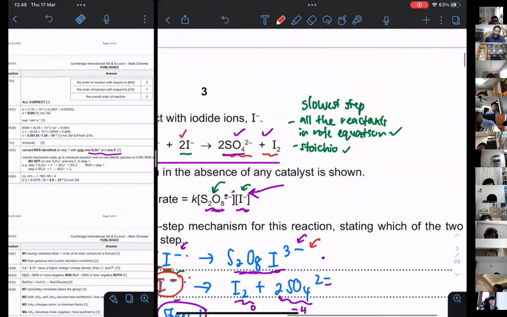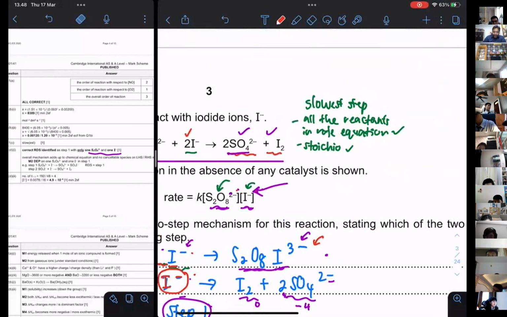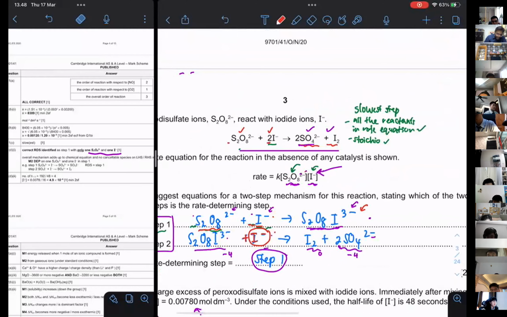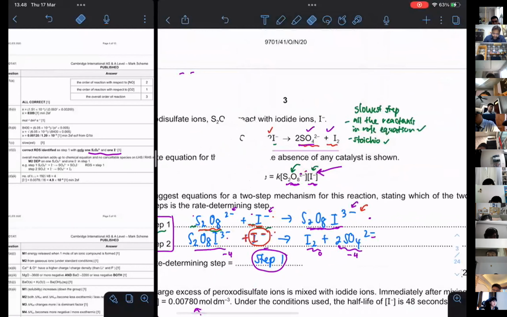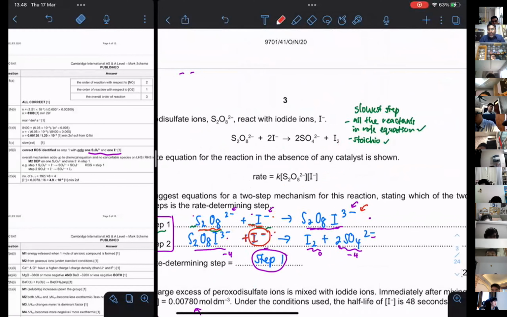Okay, the slower step. What is meant by slower step? Now, always remember, when you write down the rate equation, we do not depend on the stoichiometric value. Like for example, this 1 and this 2 will not actually determine the rate equation. So this one you need to remember. Nothing to do with that, so you no need to refer to that. Sometimes not all the reactants will be included, because it's dependent on the